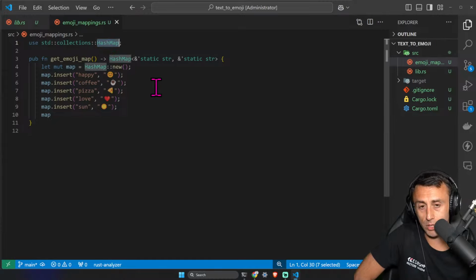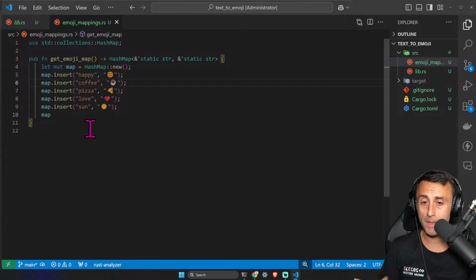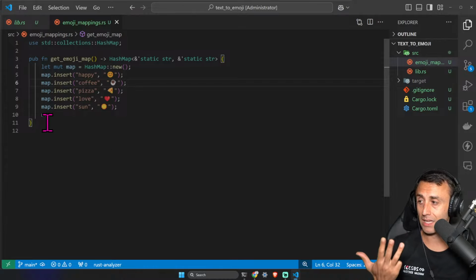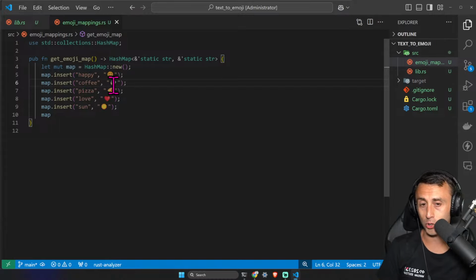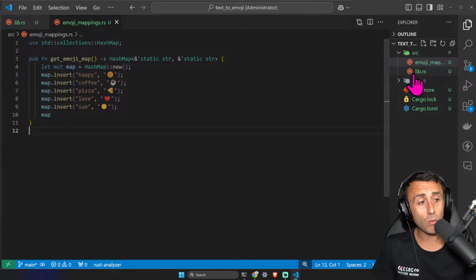You can check the video about hash maps, and this is basically just maps, for example, happy, coffee, pizza, love, and sun into these emojis. We'll probably use some of these emojis. We will see an example soon. Okay, nice. Now we can go on